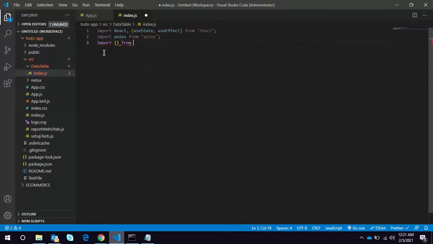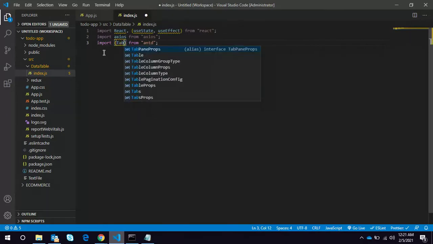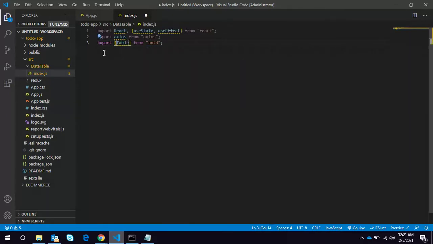And for now, from Ant Design, we need the Table component. This series is going to be long, that's why I decided to split it into individual parts.